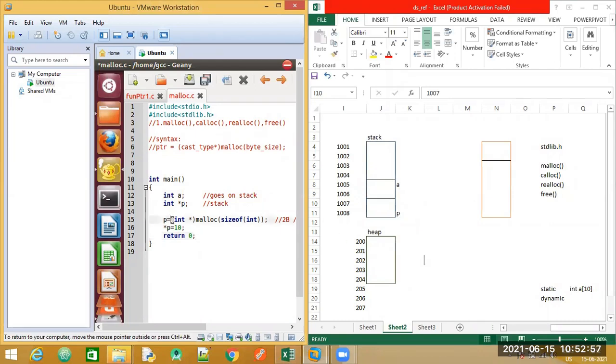The next set of statements, this malloc function. You remember malloc is for dynamic memory allocation. That is what we just tried to split and made you understand. I have told malloc I need a memory space to store an integer value, and you calculate the number of bytes required. So it knows to store an integer value 2 bytes are required. Only thing you need to understand here is where this malloc function will allocate the memory, whether on stack or on heap.